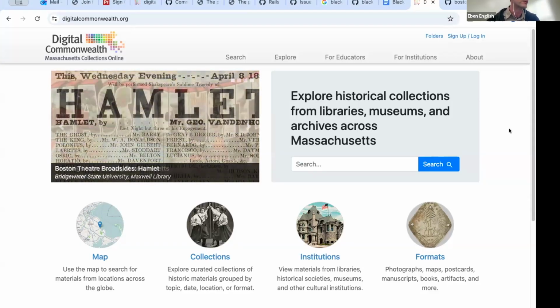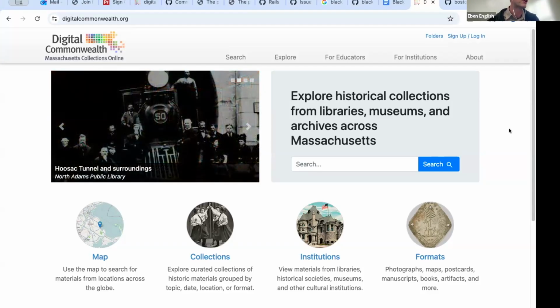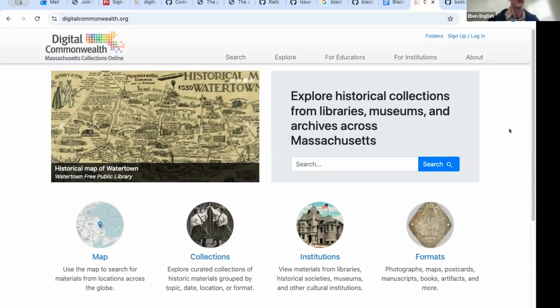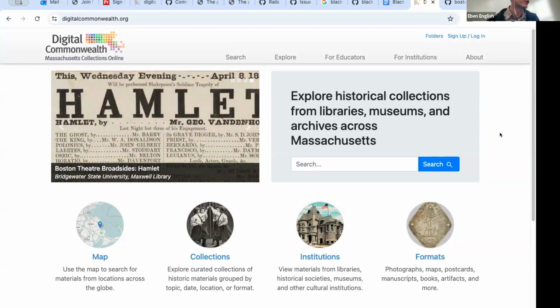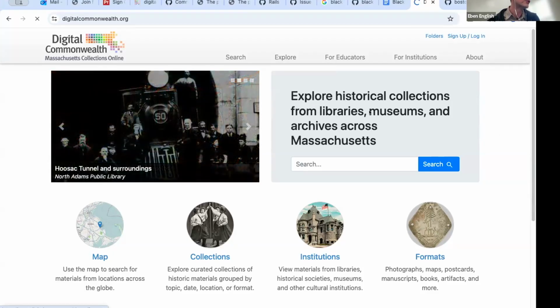So we've got over 1 million different records here. We've got over 600 or 700,000 digital objects that are hosted in the repository, and it really spans the gamut. I want to give you a quick overview of some features that might be of interest, some Blacklight customizations that we've done. So probably the first thing to note is we have built this little formats page, which is